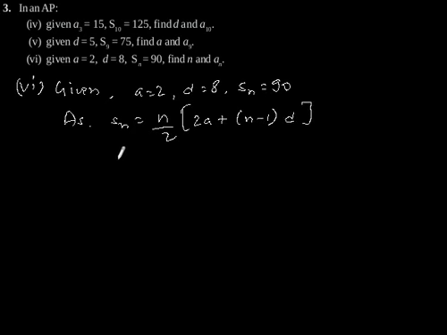Sn is 90 is equal to n by 2 under bracket 2 into 2 plus n minus 1 and d is 8. So solving this, we will get 90 is equal to